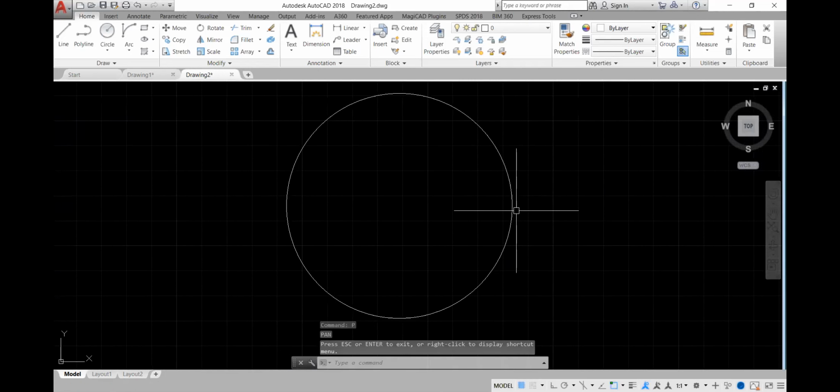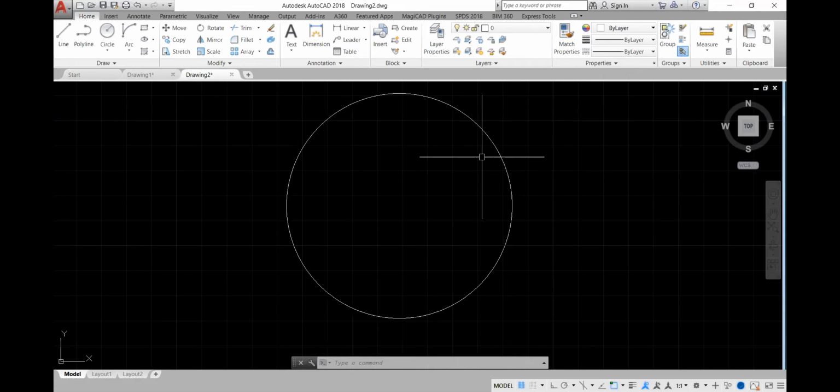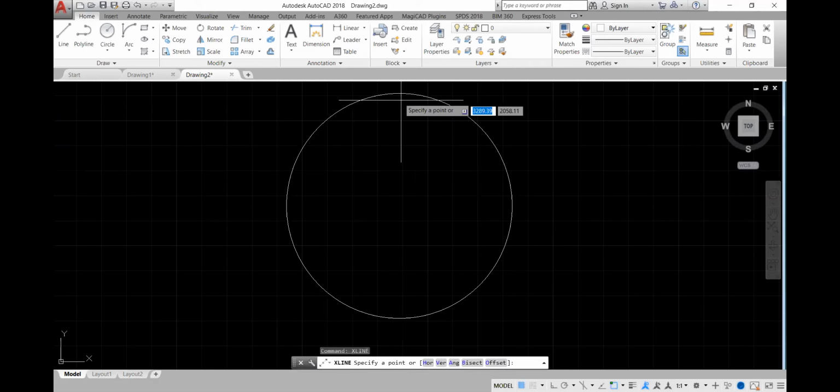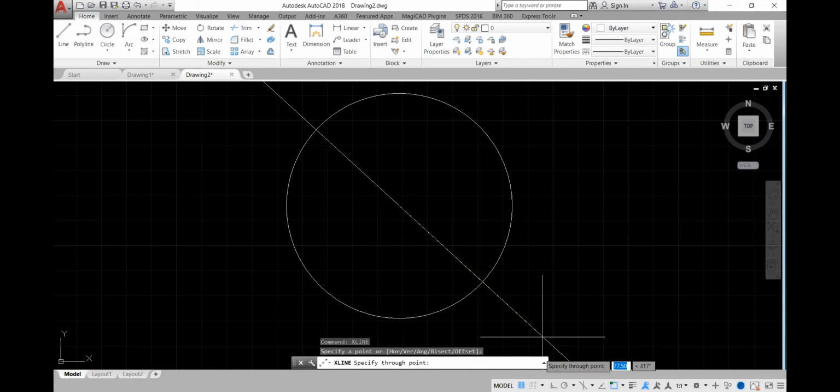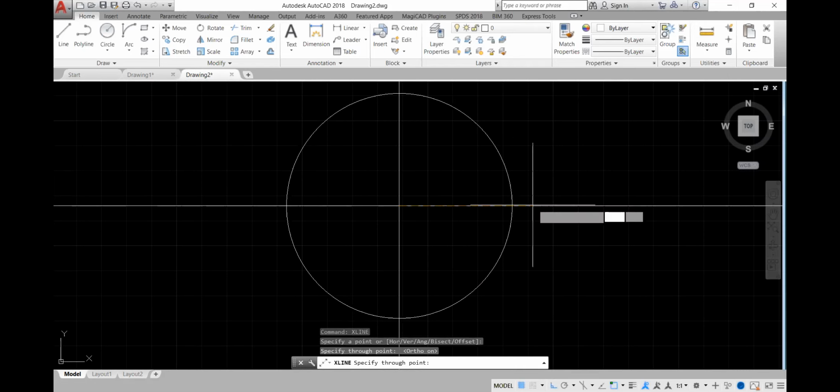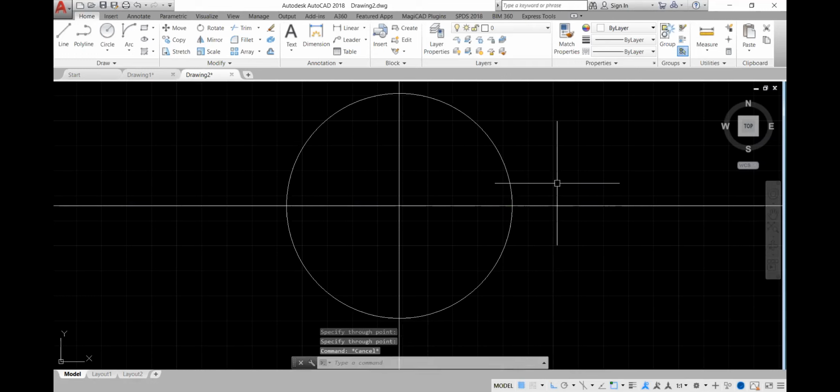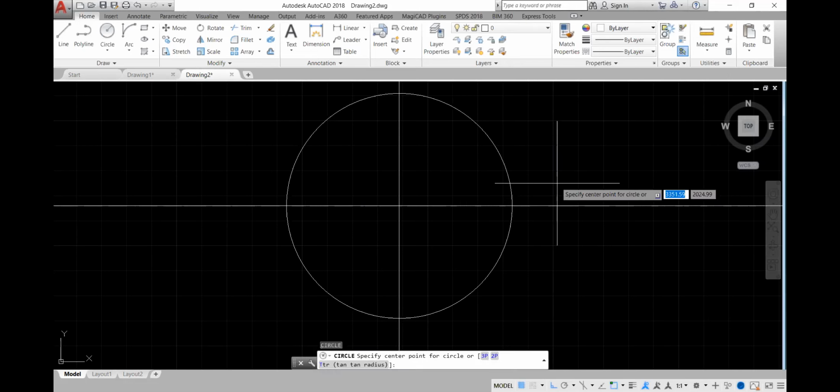So the next thing you are going to do, you can employ your Xline. Horizontal. You see, I've talked about the Xline meaning construction line. So I want to draw another circle in